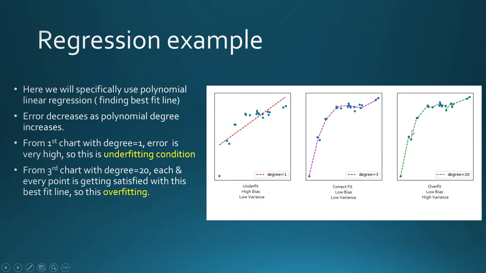So we need to make it somewhat generalized, right? If you see this second figure, this one is quite generalized. It's not trying to go from this point to that point, and it's not making very minute adjustments at each and every data point. It has made a generalized line which tries to fit all the points. So it is better than this and also better than this. Why? This is underfitting, not giving good results on the training data, and this is overfitting, which won't give good results on the test data. But this one is giving good results on training data, and obviously it will give good results on the test data as well. That's what we have written in these points. You can read it through.